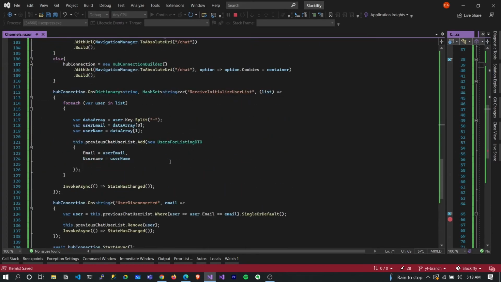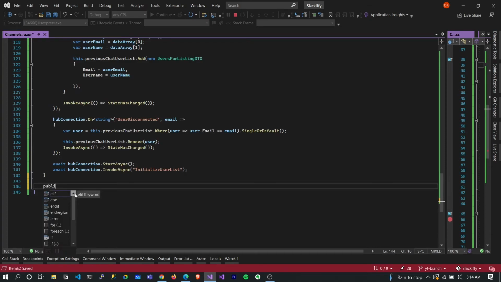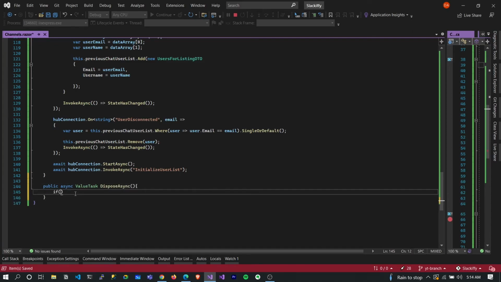Okay, so quickly before we actually close up, another thing I want us to quickly do is to implement dispose async, because if we do not do that, we will not be able to actually end a hub connection, and our disconnect would not work if that is not done properly. So we need to do this. If hub connection